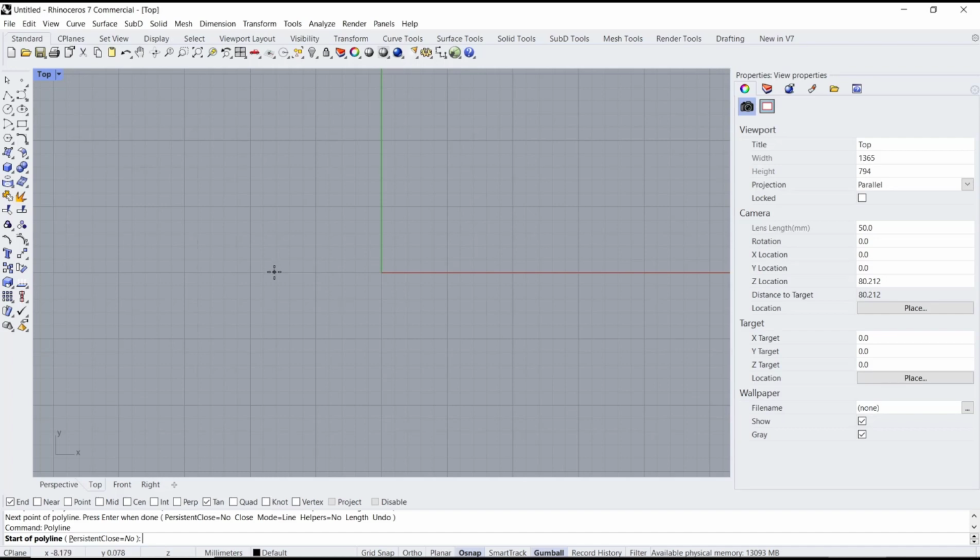I will click in here. Press the shift button to use the ortho mode so you can create vertical and horizontal lines. I will move to the top here. You can press and hold the shift button again to move horizontally, click at this point, or you can move to